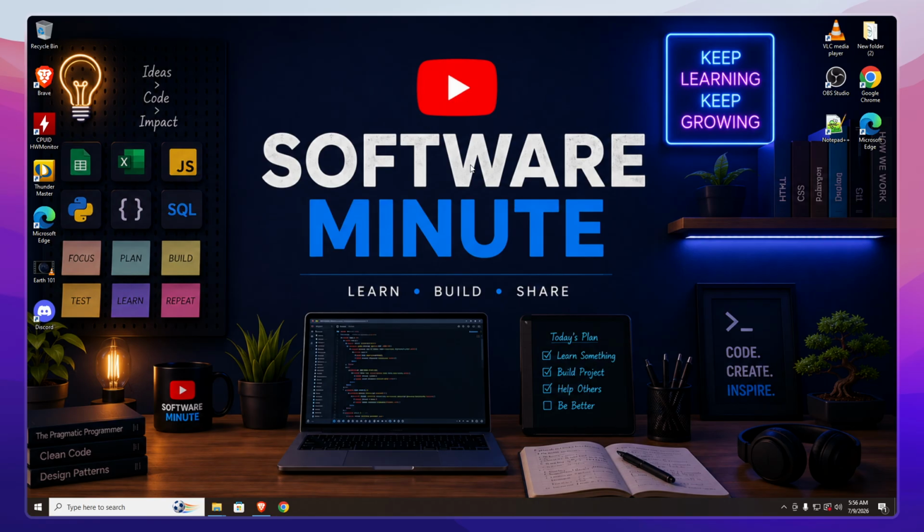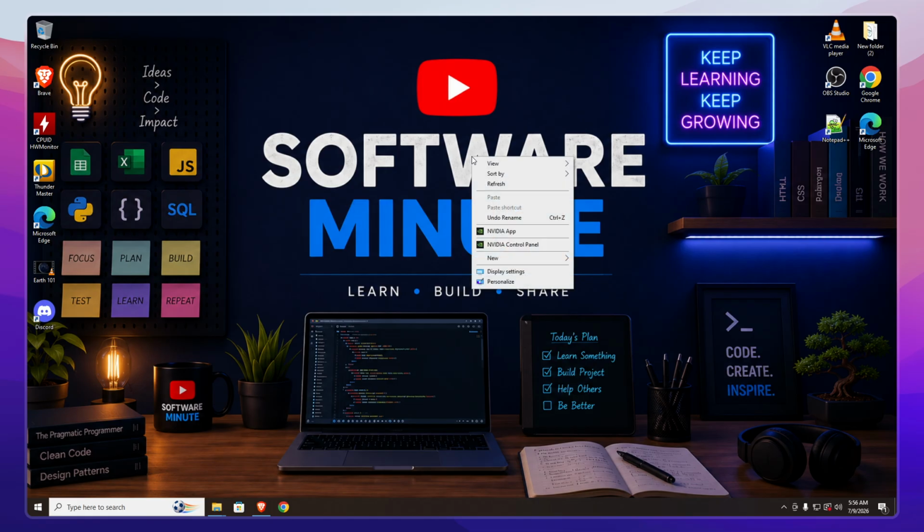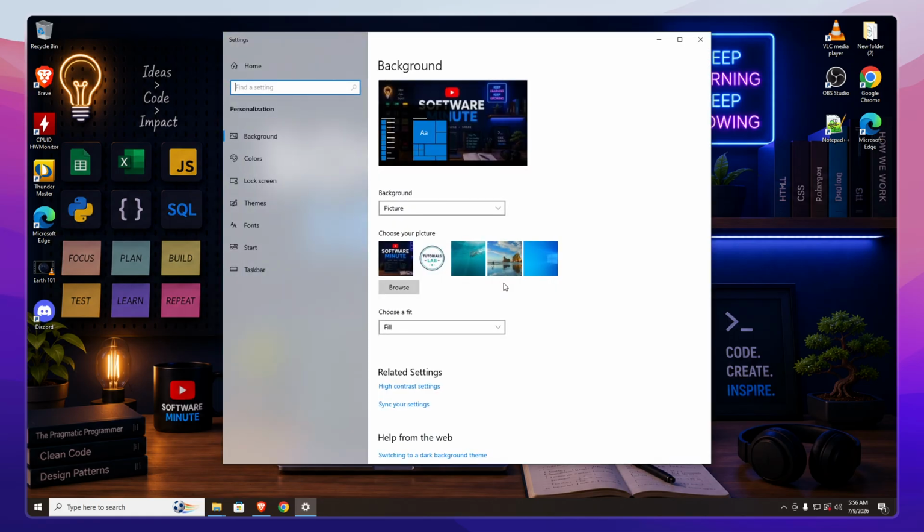Now, on your desktop, right-click on any blank space. This will bring up a context menu with several options. From this menu, look for and select Personalize. This option opens up Windows personalization settings where you can customize various aspects of your system's appearance, including themes, colors,